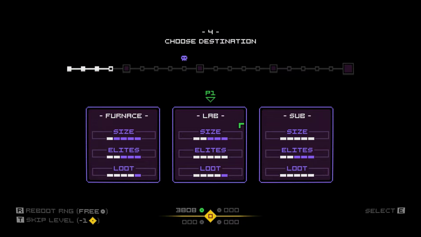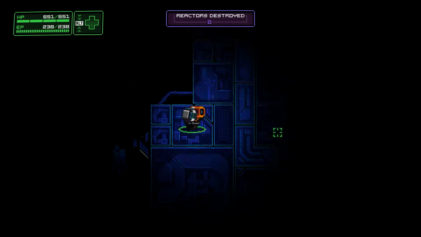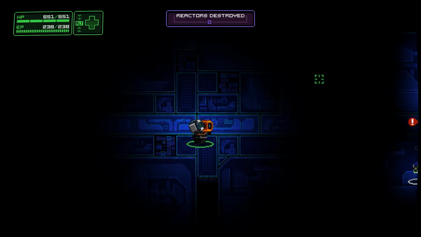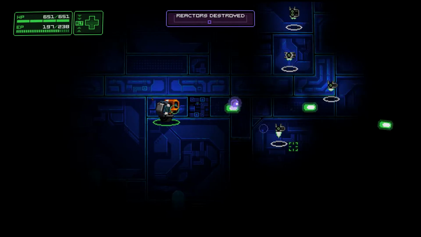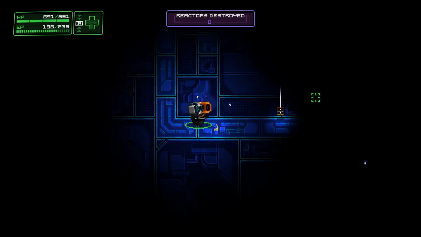You can spend some currency to reroll the selection of levels, with there occasionally being a metaverse level which imposes some penalty, such as a darkened room, in exchange for greater rewards. The objective in each level is to destroy all reactors, but of course, there are a multitude of enemies blocking